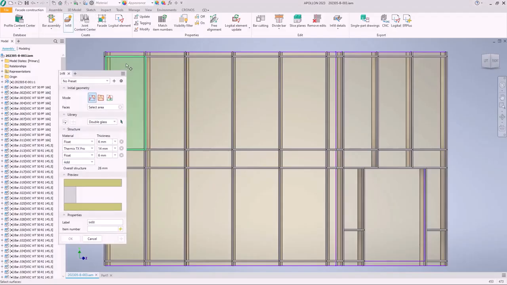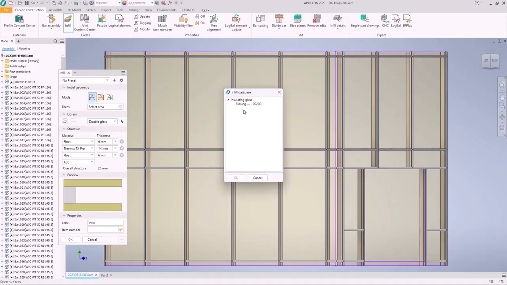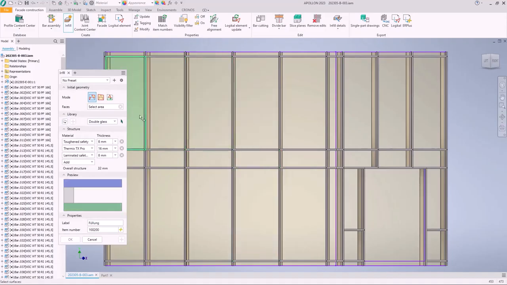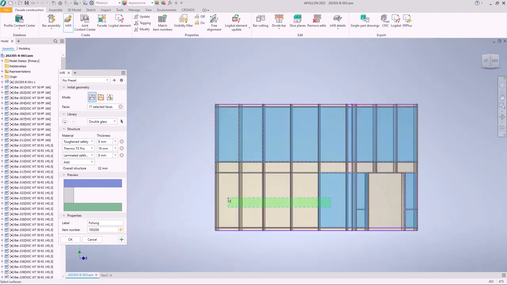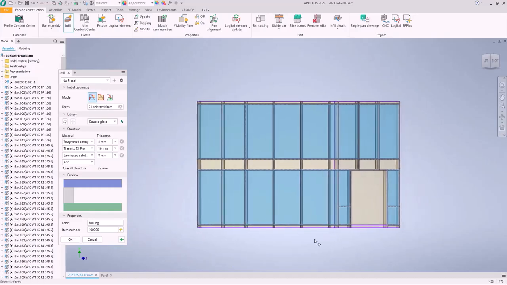The next step is, of course, we need infills in our model. So we open the library and we pick an insulating glass with the configuration of 32 millimeter. And we can pick the different planes here, and APOLLON generates the infills. And if you ask why the infills have the right size after the creation,